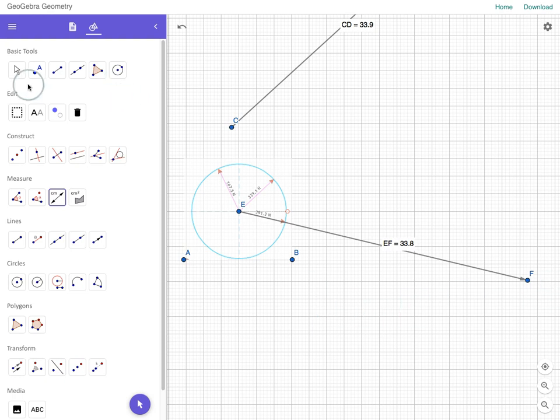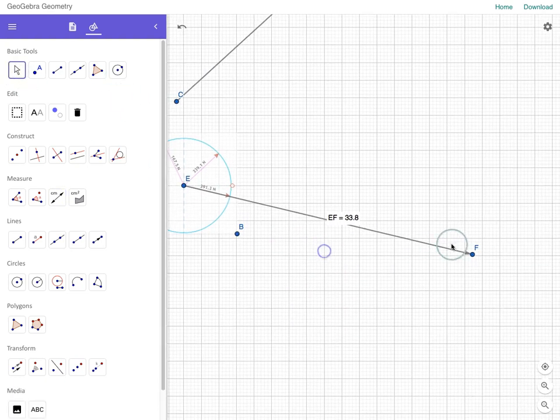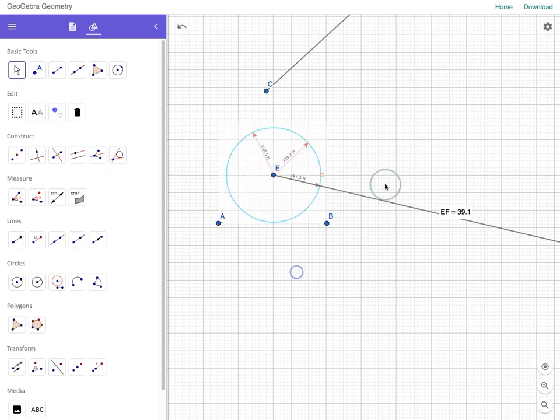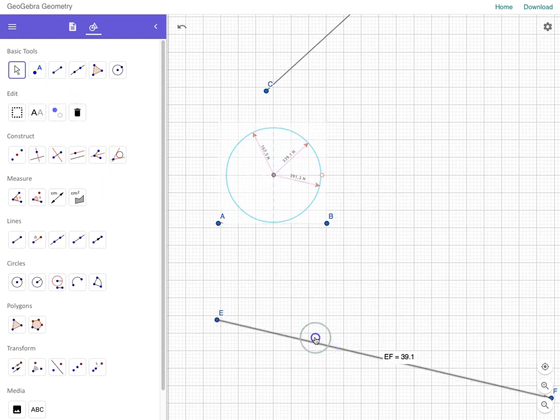So I'm just going to stretch it out a little further, go back to the basic tools and move. And I want to make sure, let's see, 39.1. I'm at that angle. Yes, it's good. It's at the same angle. All right. So I move this vector now, move it out of the way, and we've got one vector to go,